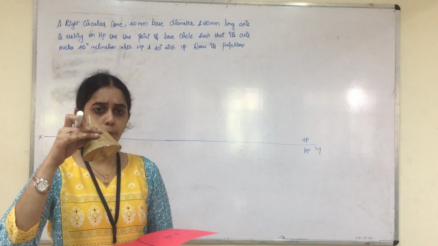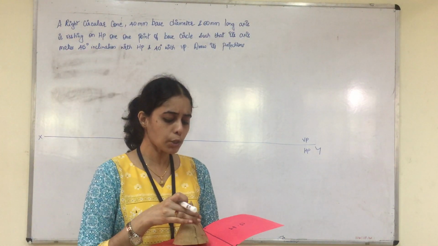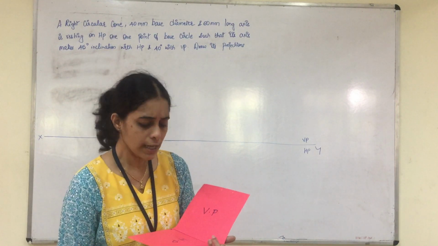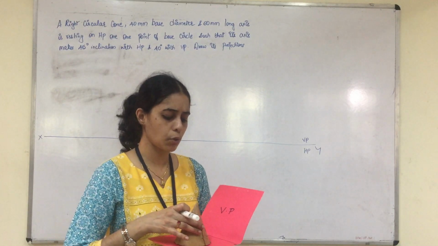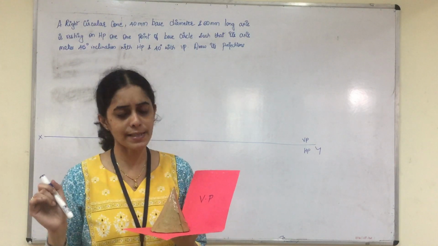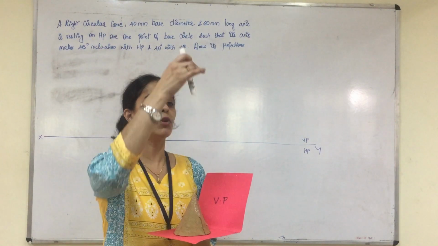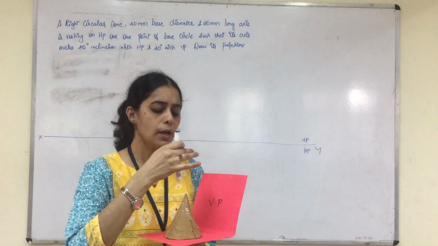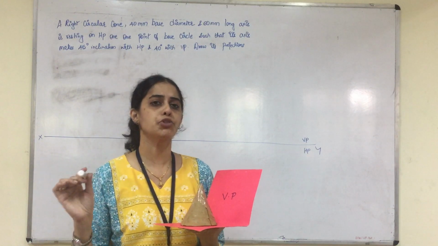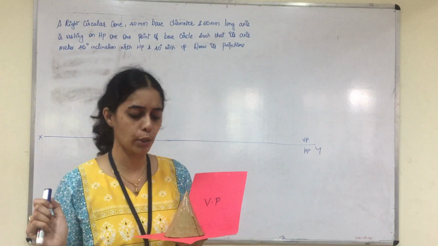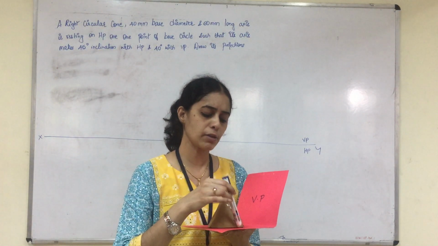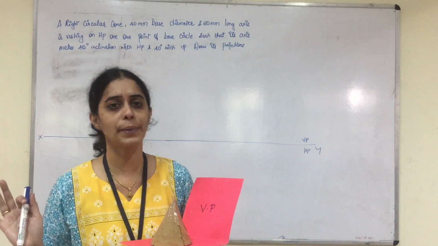How do you keep the position of the cone? The circular cone will be placed in such a way. This is our vertical plane and this is our horizontal plane. You rest the given circular cone such that it is resting on any one point on the circumference of the base circle. Once this is fixed, you view from the top. What will our top view be? It will be just a circular surface, which provides the true shape of the cone. So a circle will be the top view when it is resting on one of its points on the circumference of the base circle.